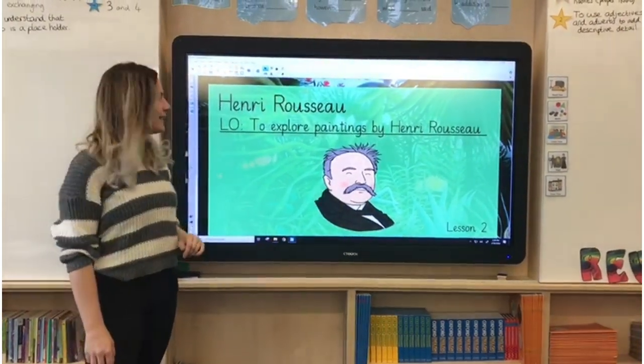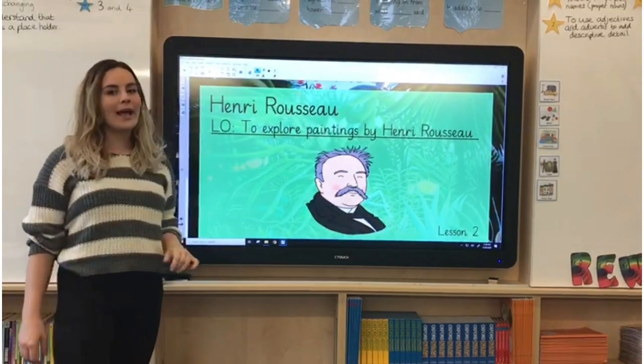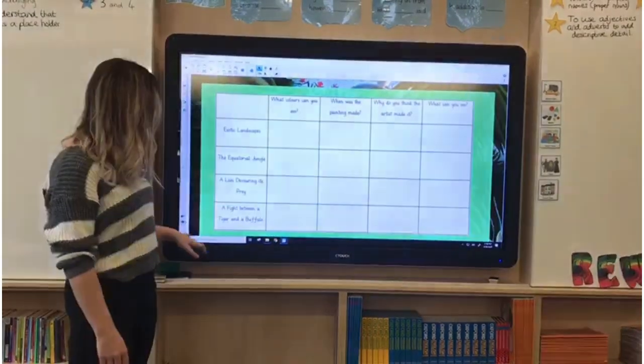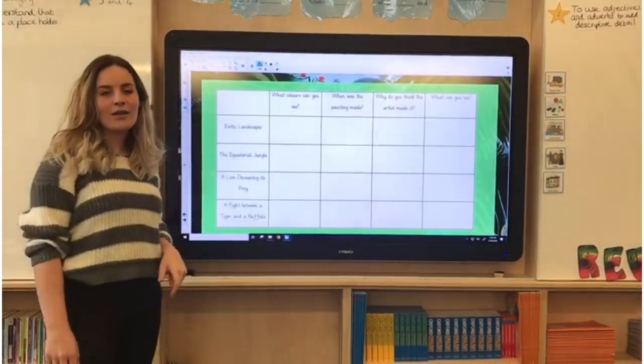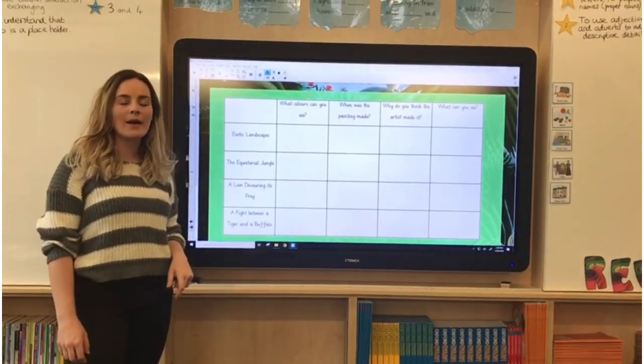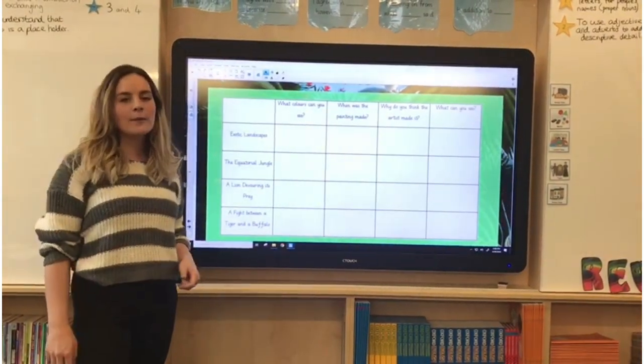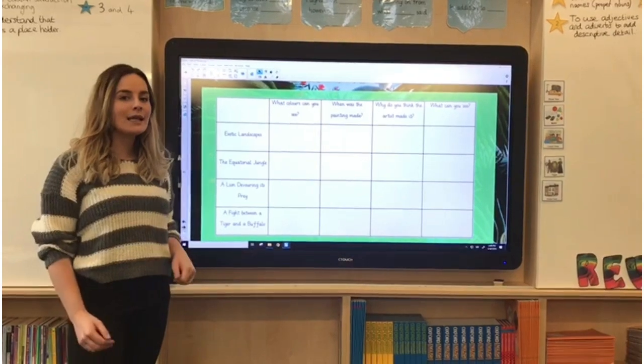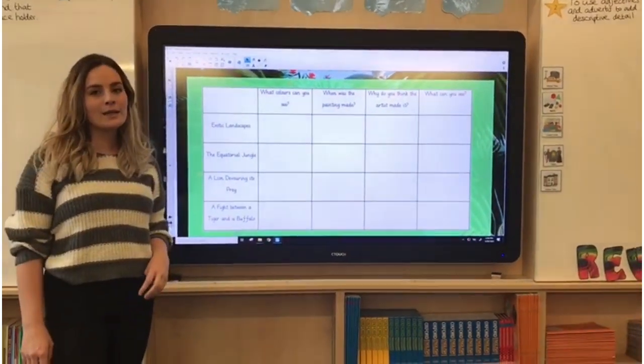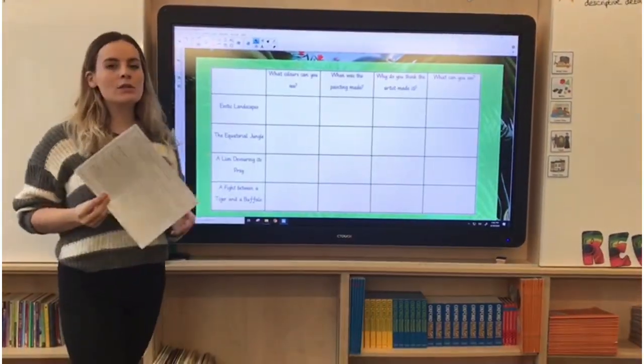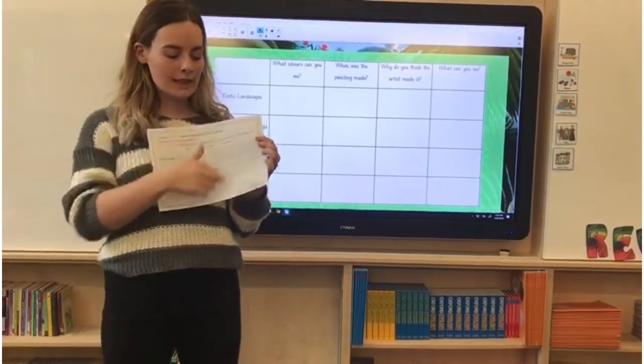At our second lesson, and it's Explore the Paintings by Henri Rousseau. Now, last lesson you found out lots of information and lots of facts about him as an artist, had a look at a couple of the paintings, so today we're going to continue by looking at 4 paintings a little bit in more depth. So in order to join in at home, you need to have downloaded the workbook that